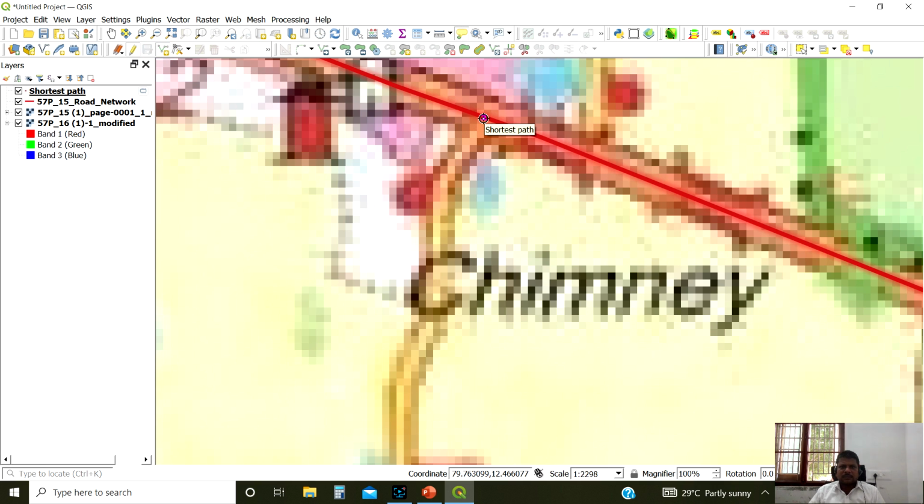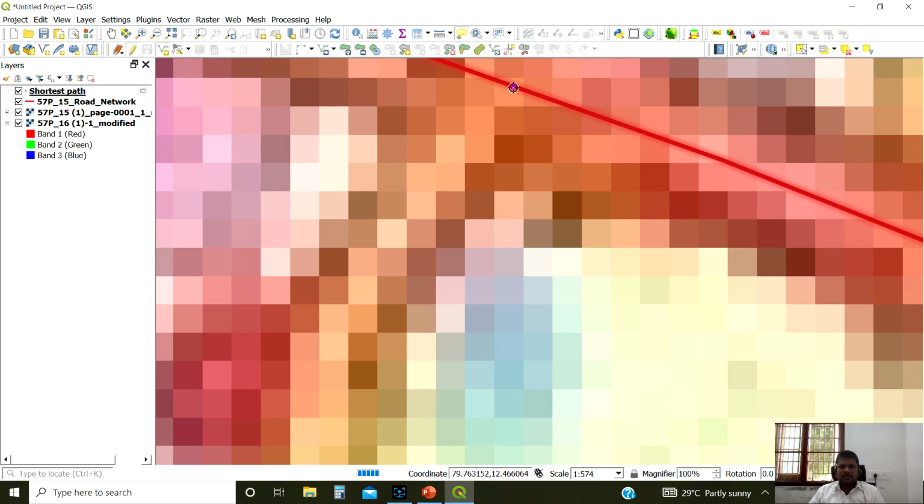Add line feature. Immediately it is joining, you see. Before I touch, the system is joining within that 12 pixels. That is the case, so you can digitize like that.